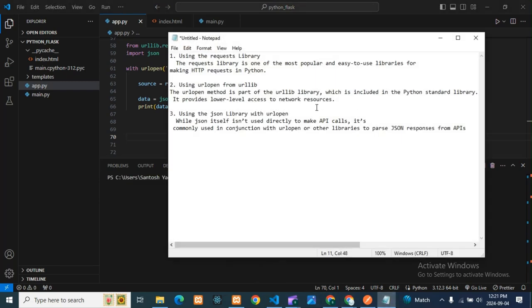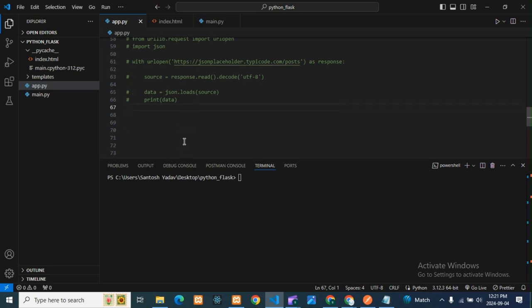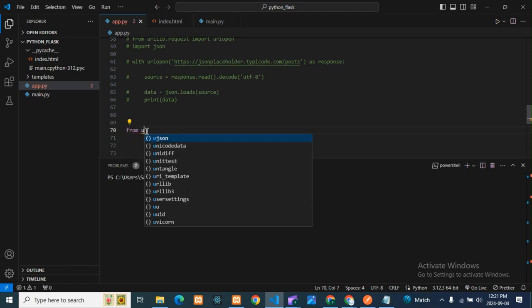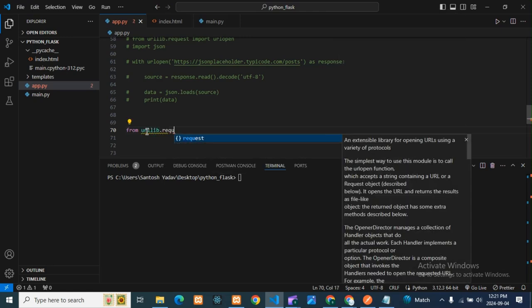So the third method is what? Using the JSON library with urlopen. Here we are going to use JSON libraries. So for that, I will comment this. Next, the third method we will write here. So here also we are importing. Both are similar, but there will be a little bit of difference, guys. urllib.request